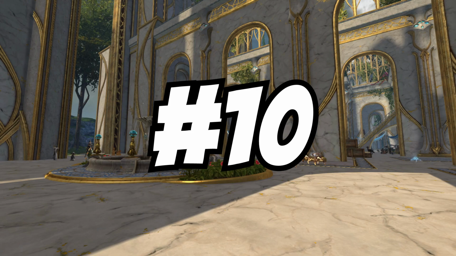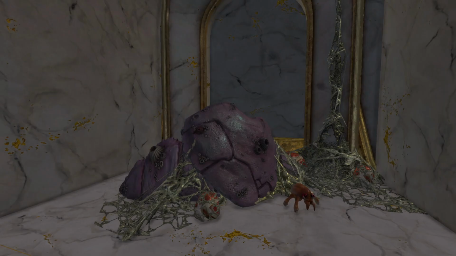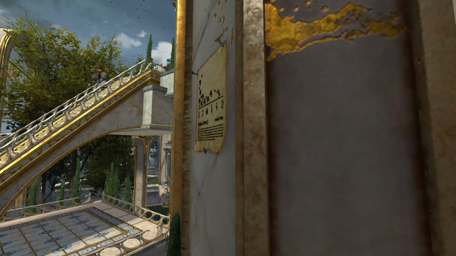Coming in at number 10 is an interesting secret you can find in the map, and that is this Karka Hive that is prospering in an alcove on the western side of the tower. There are a ton of different secrets around this map, and I'm going to be sharing a few of those in this list, but these are a bunch of Karka that have a hive and are just living their best life right here. You also have a sign written by the Lion's Arch authorities that is posted here warning you